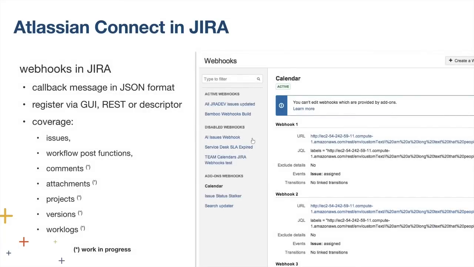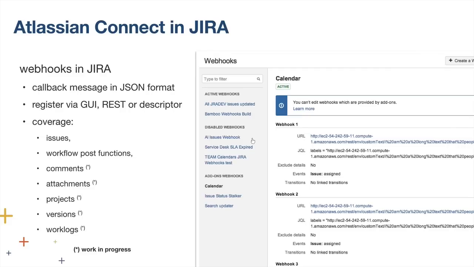The other thing for the integration are webhooks, and they are basically a callback message in JSON format that informs you that there was something which happened in JIRA which you are probably interested in. So you can register the URL on which you listen for the changes with UI, with REST, or with a module descriptor of your Connect add-on.